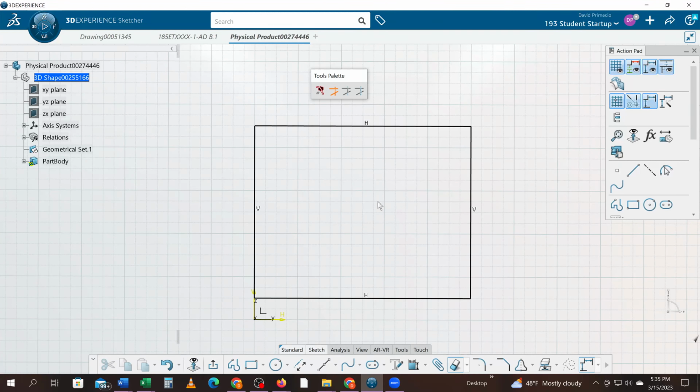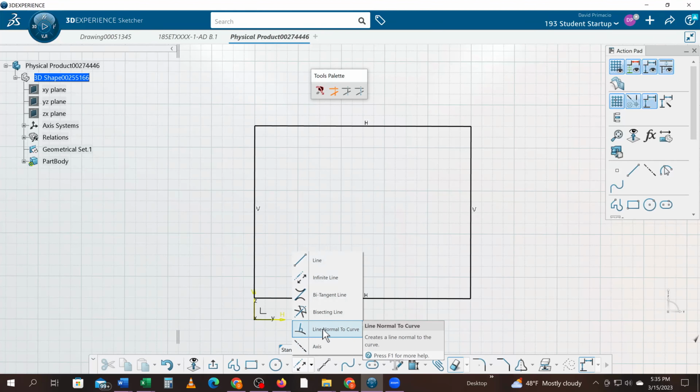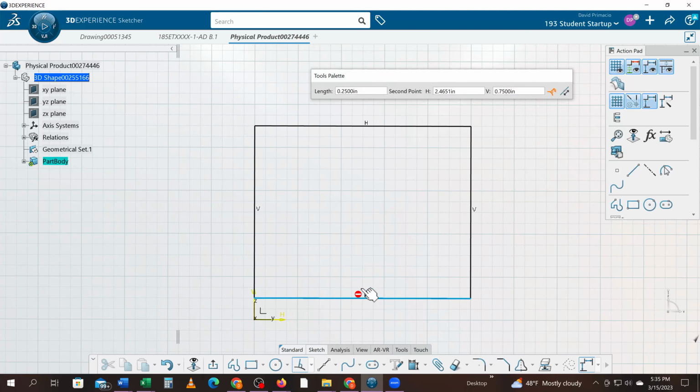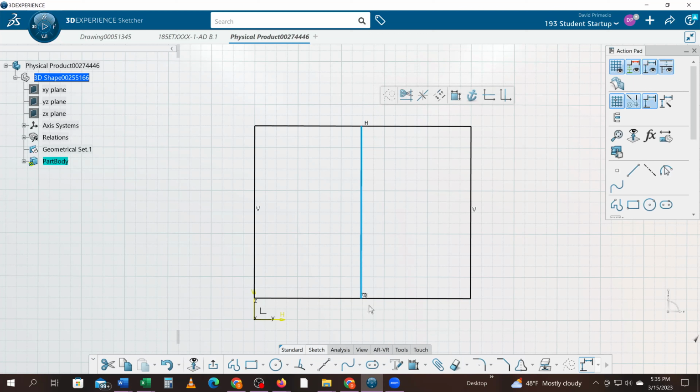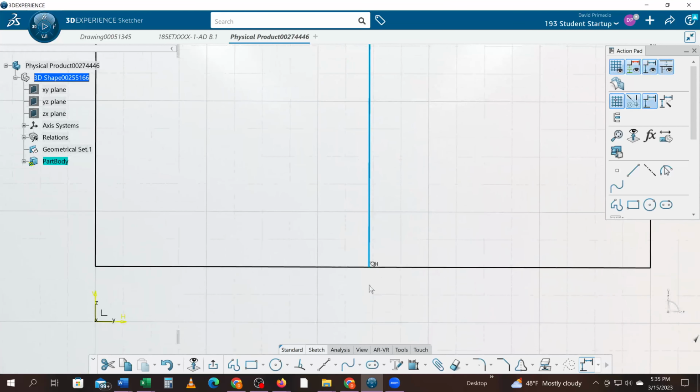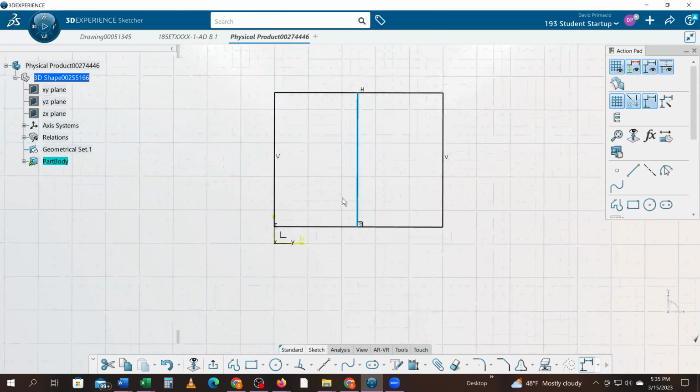Let's say I want to divide this in half. You have a feature here called normal line. If I click normal line and I click right here on this point, it goes up, and then I can click on that line and it creates that line that divides that. But I missed it by just a hair being in the middle. So you know what I like to do here